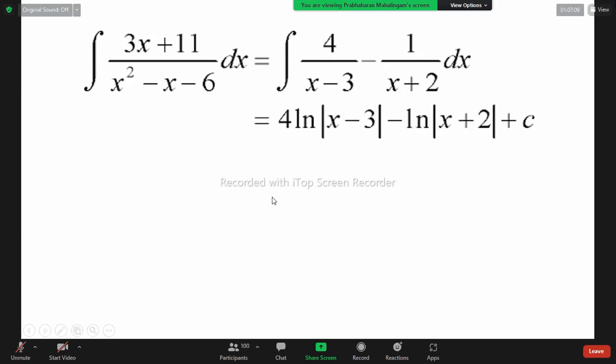How do 4 and 1 come? Right. What they do, they put here x, here y. We don't know the two numbers. But subtract, very important, x and y. x multiplied by x plus 2. You know, this is the common factor. So this we call x. x equal to 4, y equal to 1. x multiplied by these two, y multiplied by these two is equal to 3x plus 11.